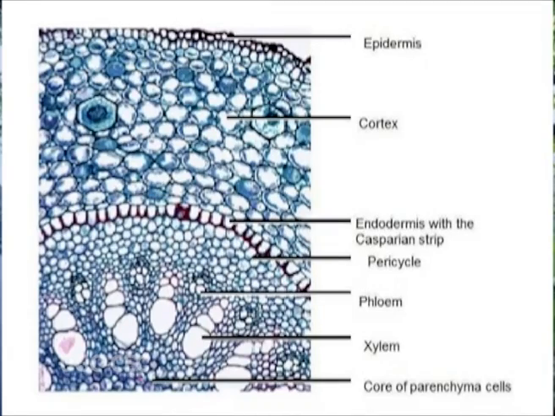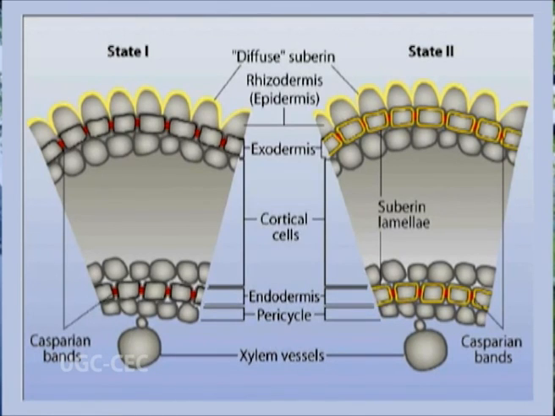Endodermis. The innermost layer of the cortex is known as endodermis. It is uniseriate. The cells of endodermis are living, compact and barrel shaped. The endodermal cells possess Casparian strips on their anticlinal walls. In most of the monocots, the endodermis commonly undergoes certain wall modifications. There are two developmental states. In primary state, Casparian strip is present. In the secondary state, a suberin lamella covers the entire wall on the inside of the cell except the passage cells.